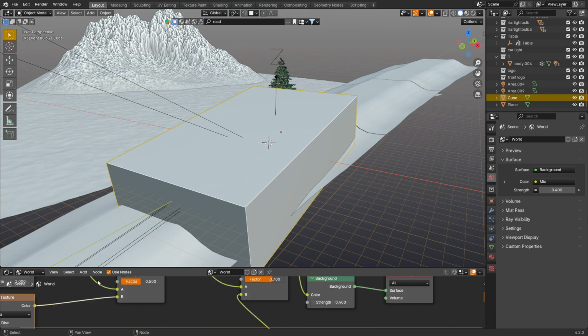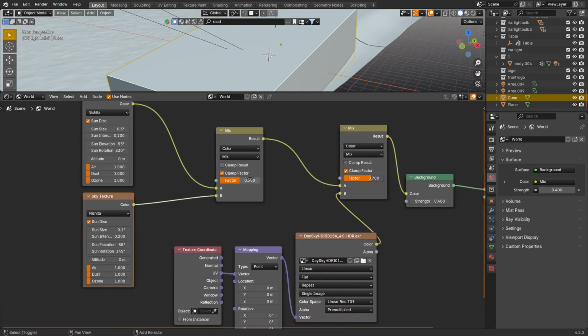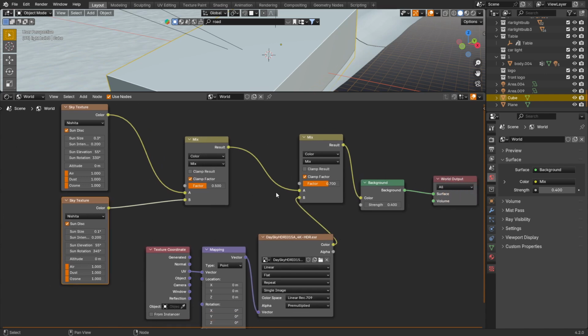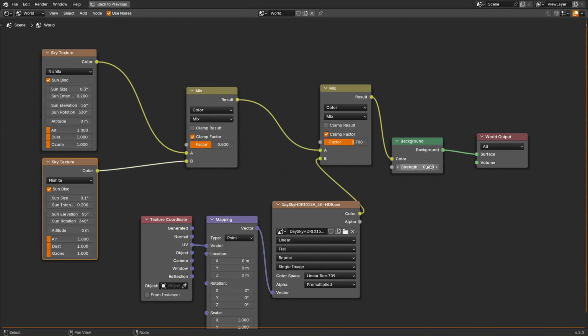In the shader I built such a node system. In a nutshell, I used two suns with slightly different settings. One of them is smaller and is located next to the other by a couple of degrees. This is to create soft shadows. And I used an HDRI map mostly to create a blue sky, that is, you can choose any suitable one with a blue sky. And mixed them together using mix color, the factor of which I set to 0.7.